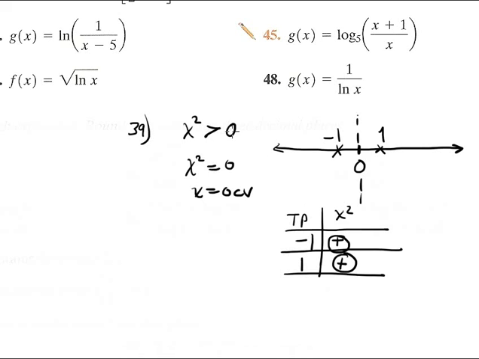And the statement is greater than 0, because both are true. So what is the domain? The domain is all real numbers, positive numbers and negative numbers, but at 0 we have a hole,